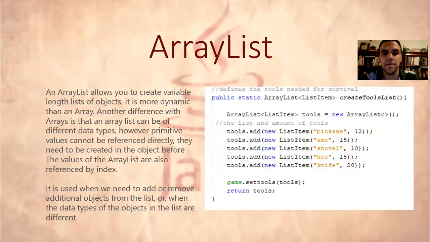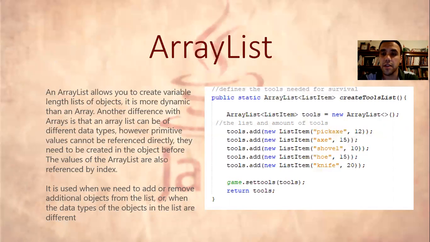Primitive data types cannot be referenced directly in the array list, but they need to be created in an object before that happens. And on the array list, equal to the array, the items on the list are referenced by